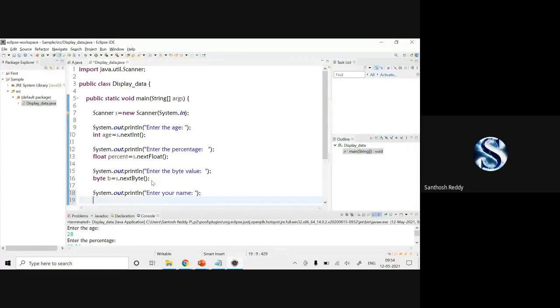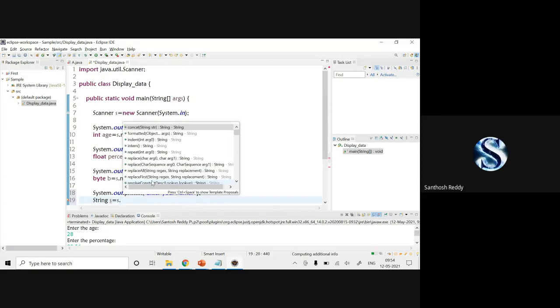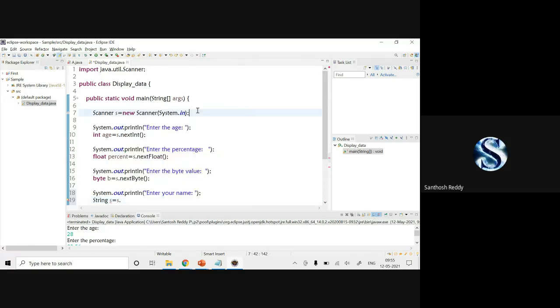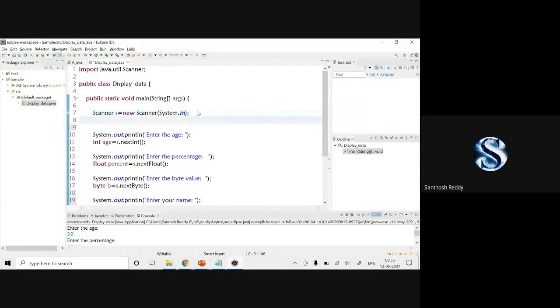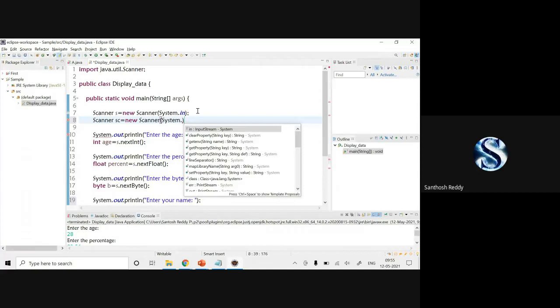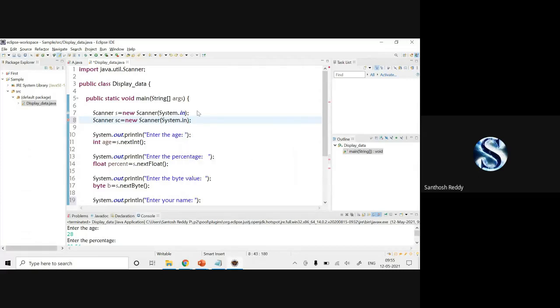So I'm going to create String str is equal to... I'm not getting any scanner class here, so what I have to do is create Scanner sc is equal to new Scanner(System.in) and close it.